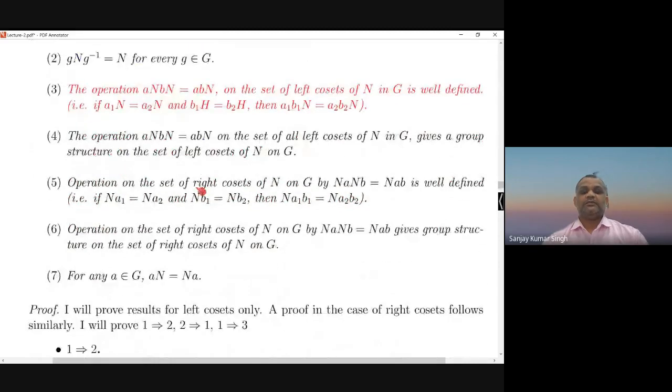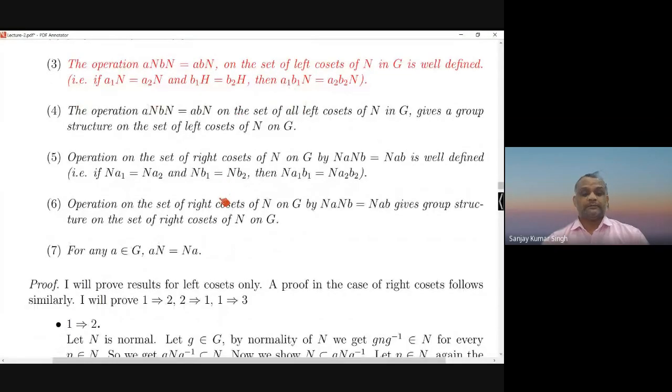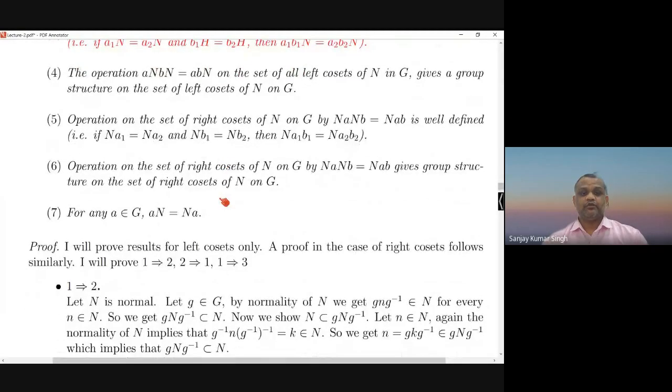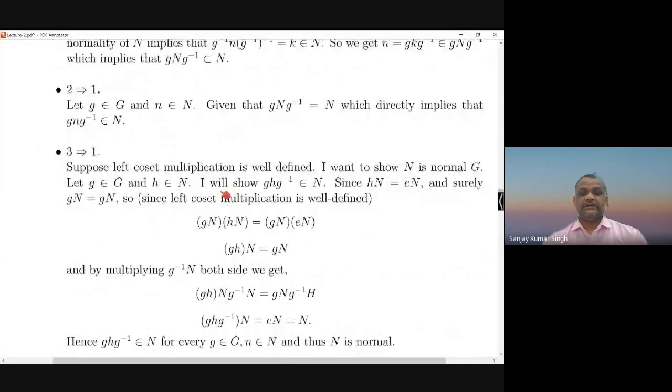There are many equivalent versions of the statement in the case of a normal subgroup. So I'm skipping this statement, but now, because I defined normal subgroup in the last lecture, here is the motivation for why normal comes into the picture. I will skip the proof of this theorem. You can see it in the notes.